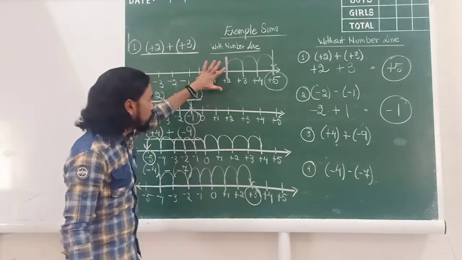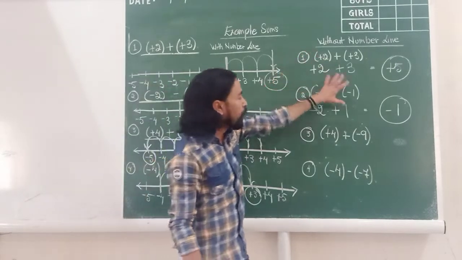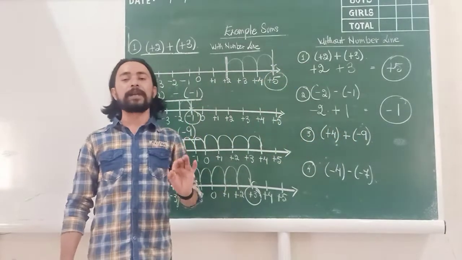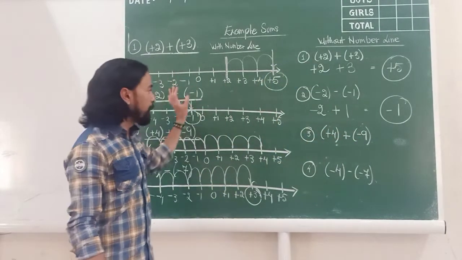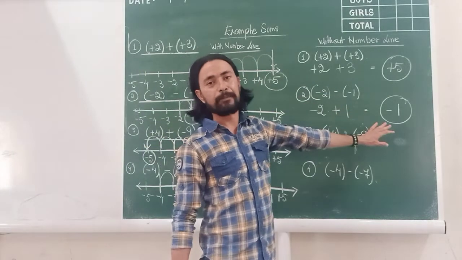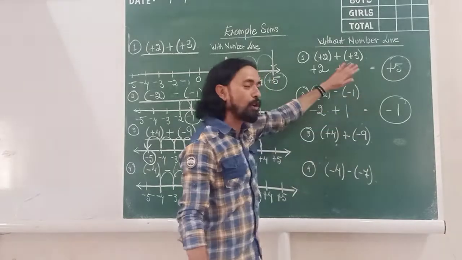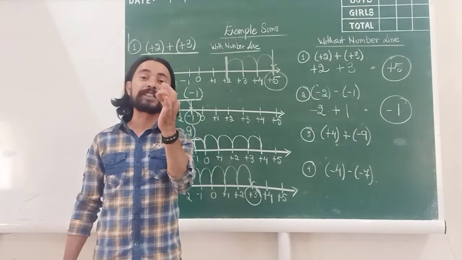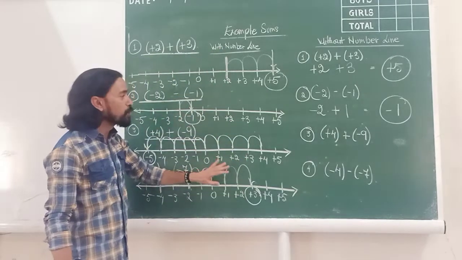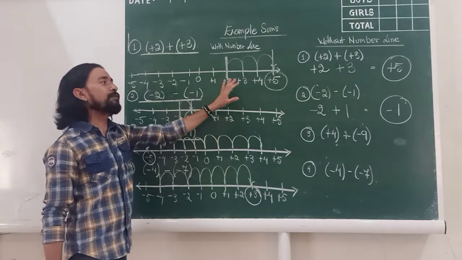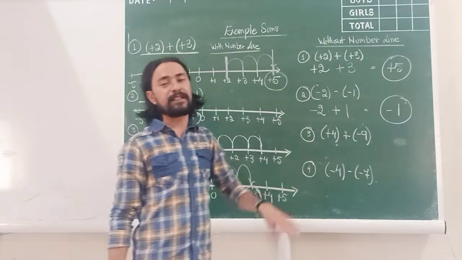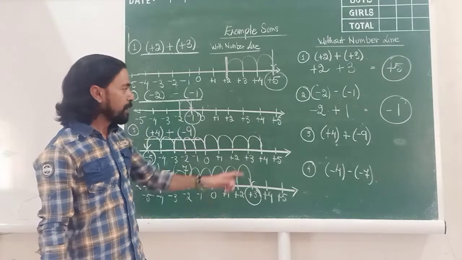But here I have shown you on the number line and without the number line to tell you that you can work out a sum without a number line also. On the number line, the answer would be the same as without the number line. So this is what you have to concentrate on, how to work it out without a number line. The number line is just shown to you to tell you how you eventually reach the answer. But if you do it without the number line, the answer will still be the same. Let's go to the next one.